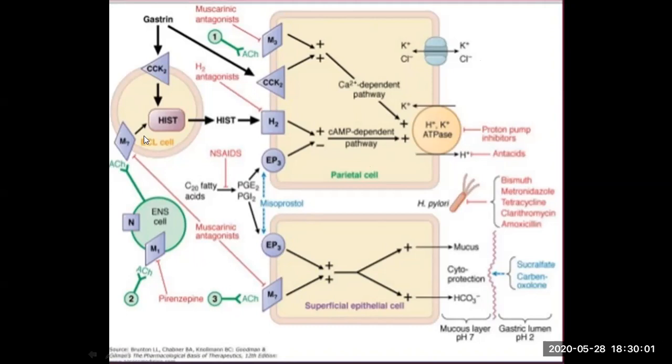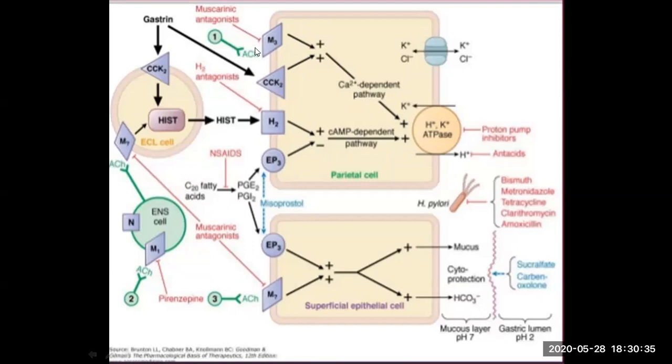And here, if you just look, gastrin is the stimulus for gastric acid secretion, which stimulates the secretion of histamine from the ECL cell. This histamine goes and binds to the H2 receptor in the parietal cell, and thereby it stimulates the H plus K plus ATPase, which is nothing but the proton pump. So ultimately, all the receptors lead to proton pump stimulation. So here we saw the histamine pathway.